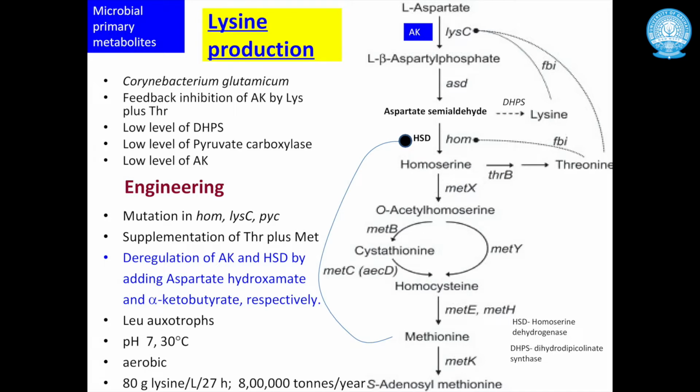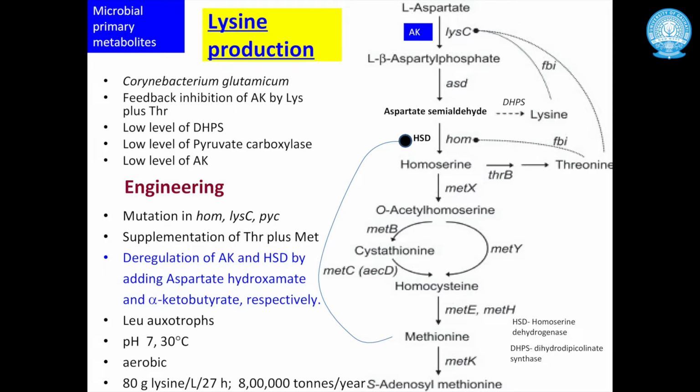So every biochemical pathway or metabolic pathway has many points of inhibition, and these inhibitions may be repression or feedback inhibition. Here in this pathway, lysine production is controlled by feedback inhibition of aspartate kinase, the gene lysC, by lysine and threonine, and the threonine is also involved in feedback inhibition of the homoserine dehydrogenase gene. Apart from this, methionine is involved in feedback repression of